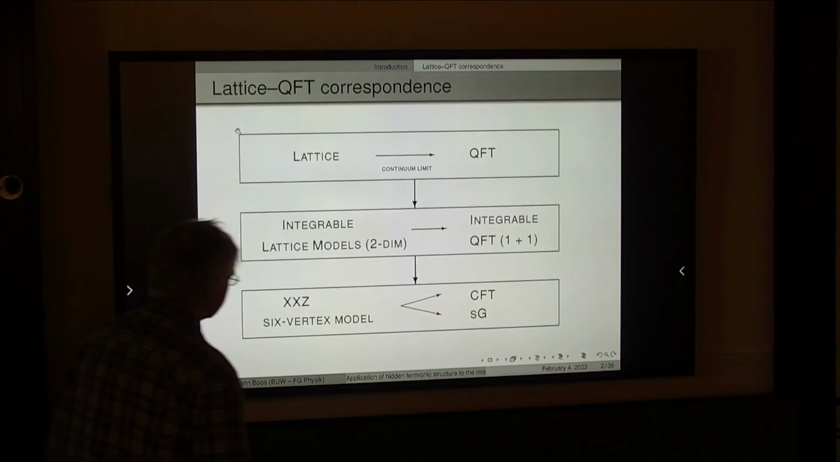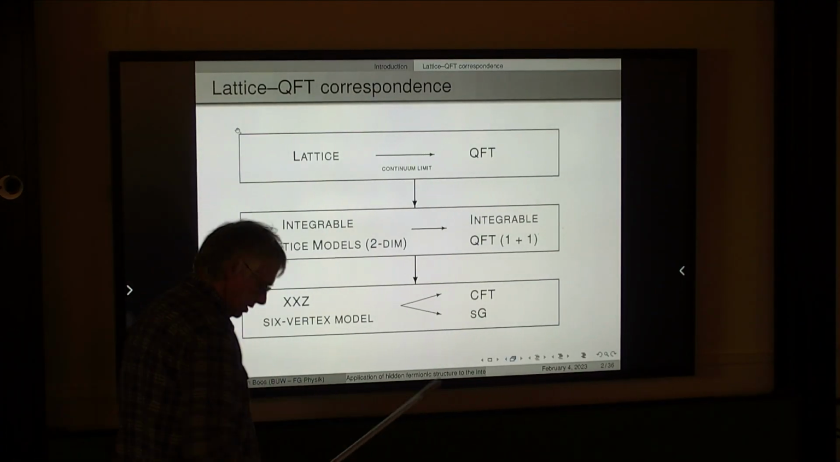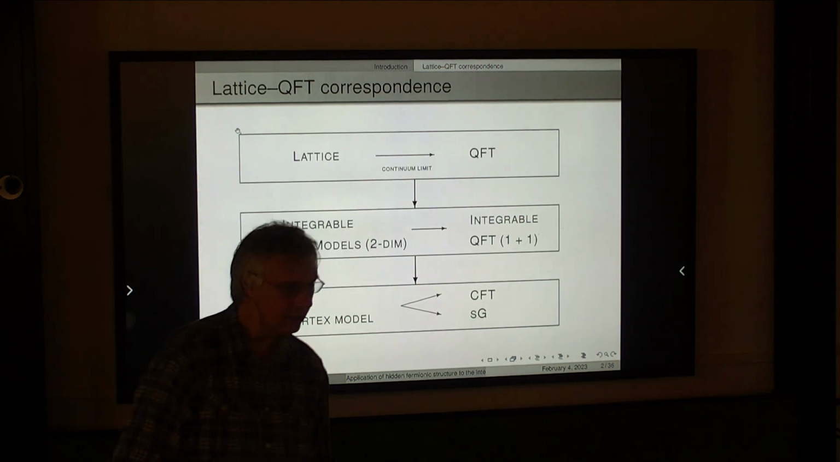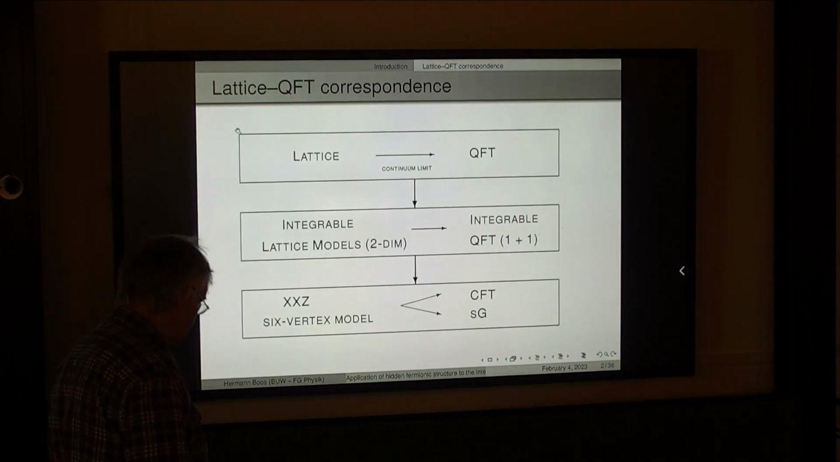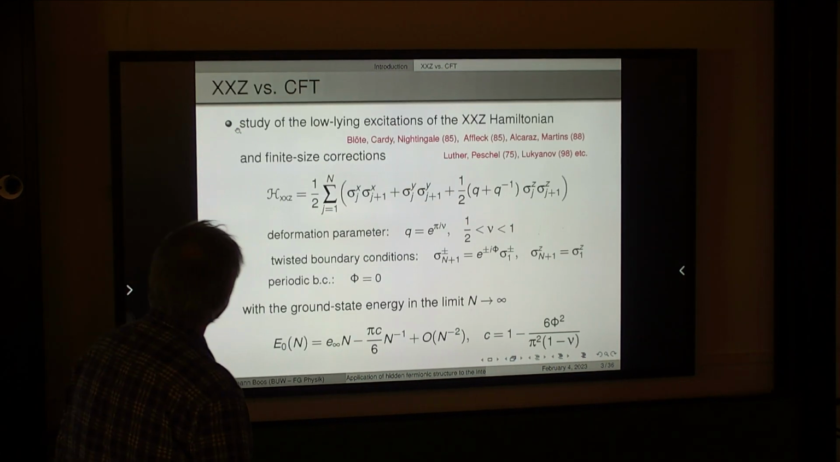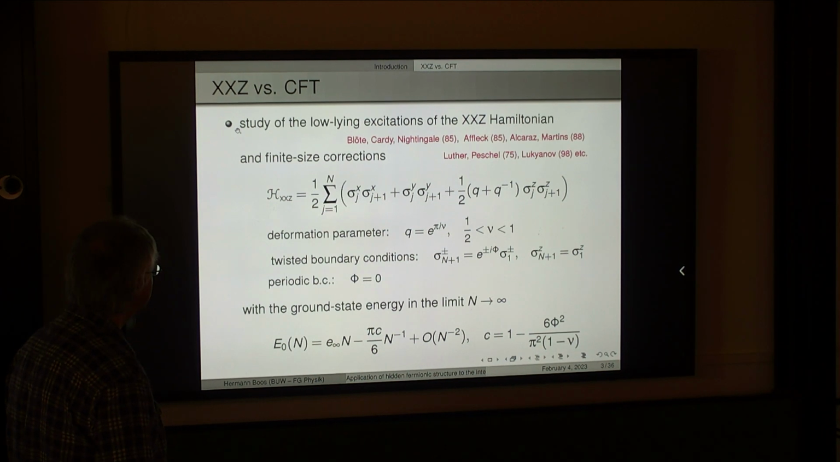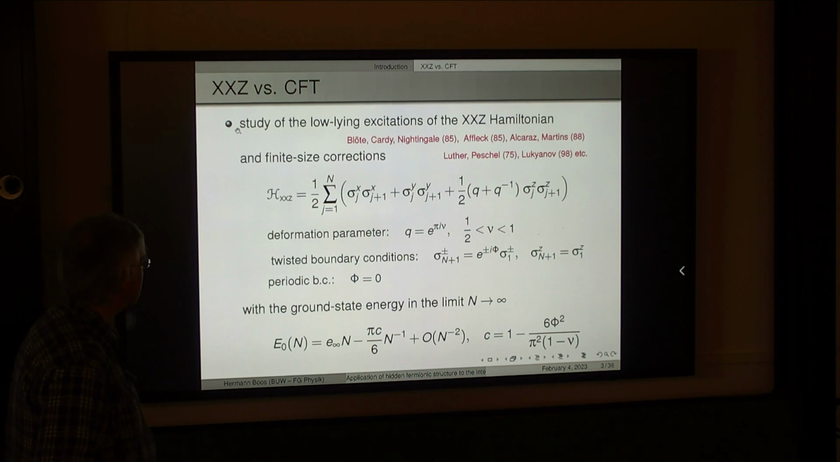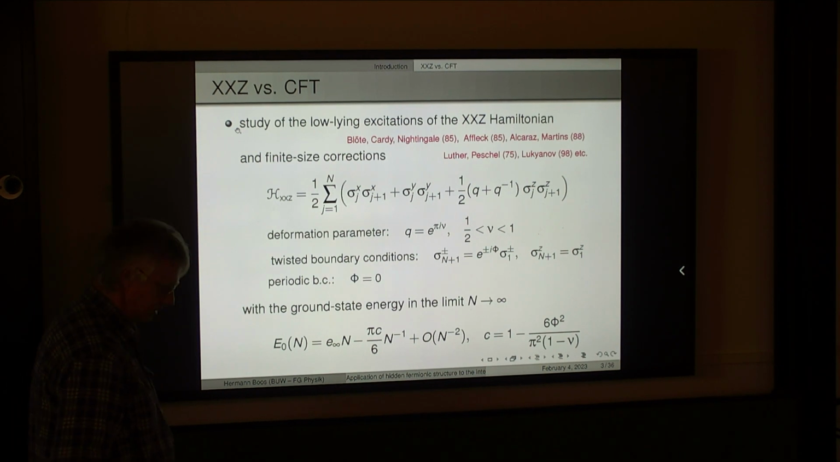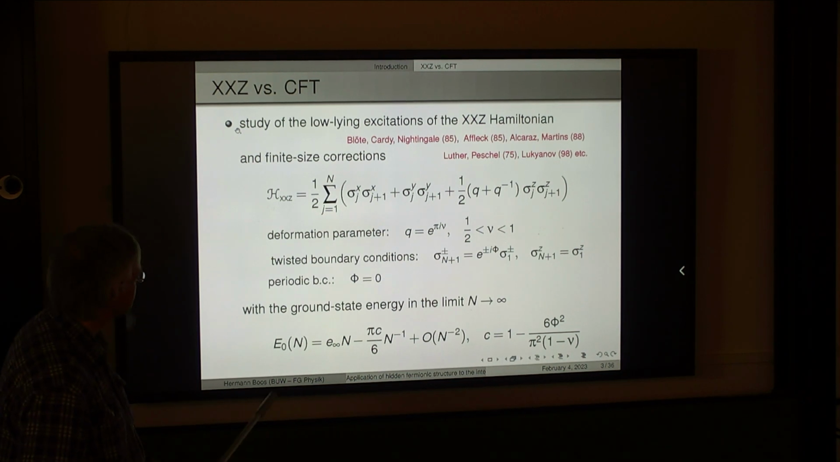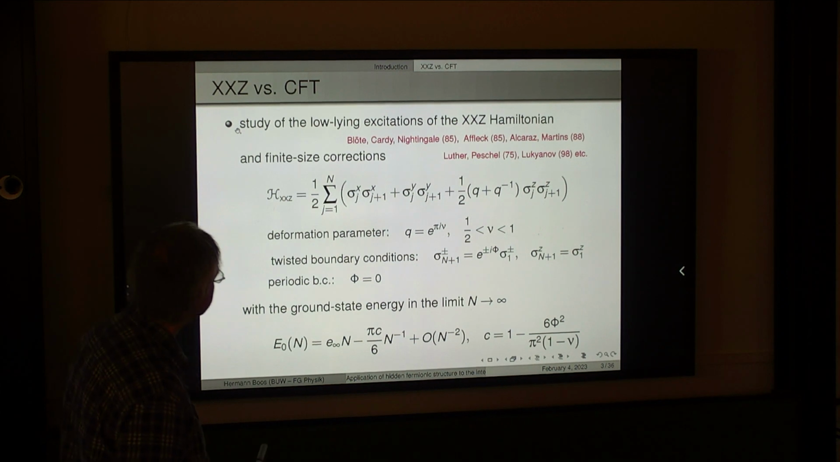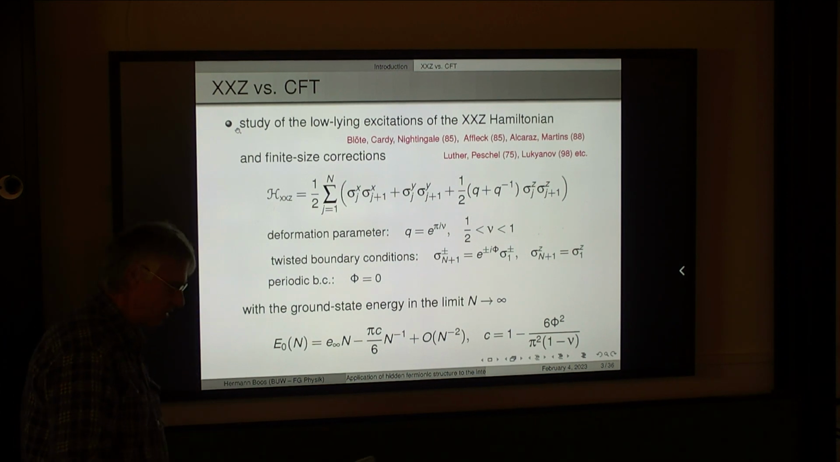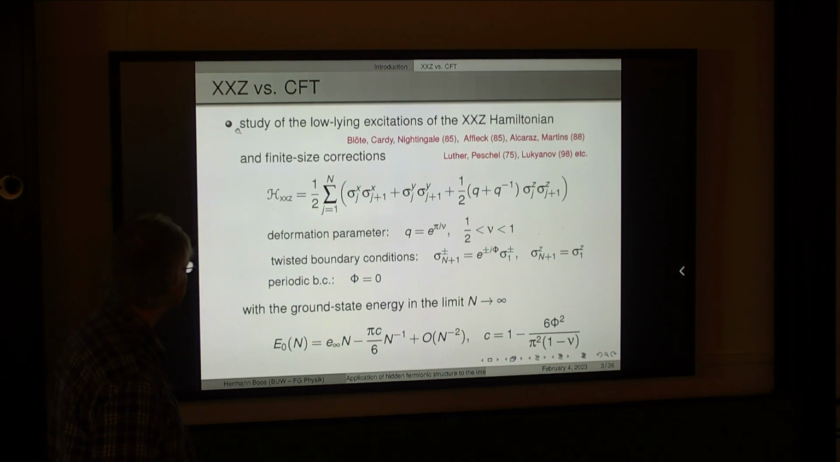Where we get QFT and so on. Now we know that there are other ways to do this. Oh, well, of course, it's also a very, very well-known thing, starting from famous papers from the 80s by Blötek, Nightingale, Affleck, Alcaraz, Martin, Luther, Tessin, Lukyanov, etc. There were many such papers where